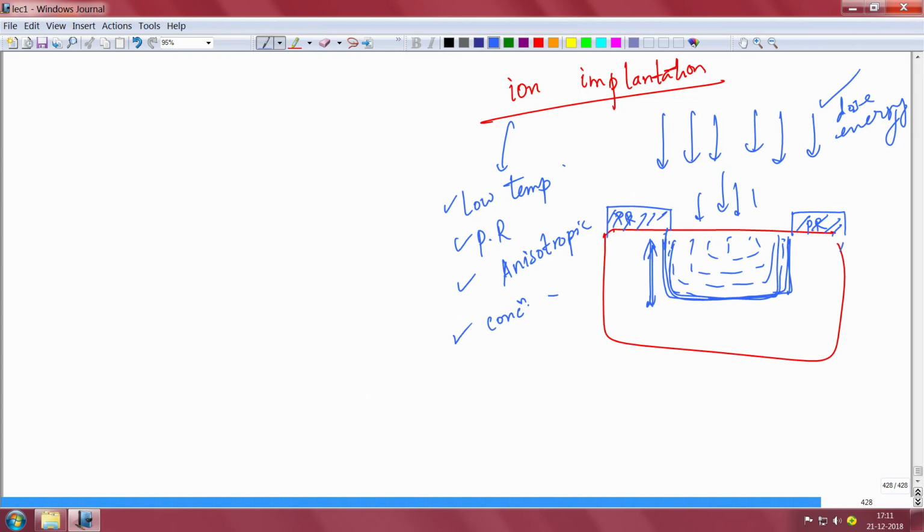The concentration and depth of the doping can be independently controlled, unlike in diffusion where the concentration and depth are related. You can do batch as well as single wafer. You can do batch by batch, or you can do a single wafer process, right. So, that is an advantage, because in diffusion you will need a high temperature, a hard mask, and an isotropic doping profile, and so on and so forth, right. It is a very expensive tool.